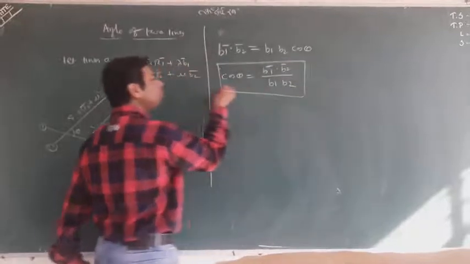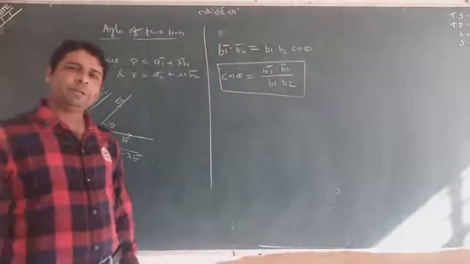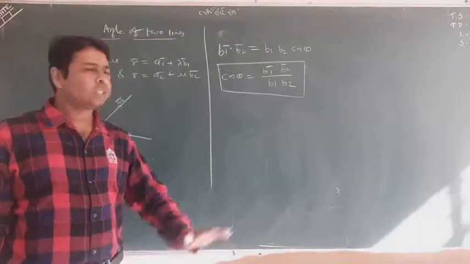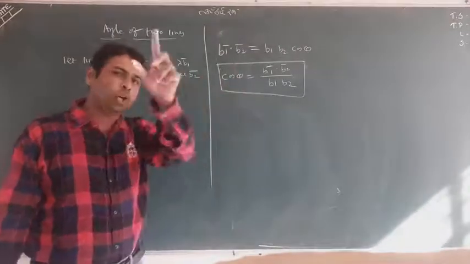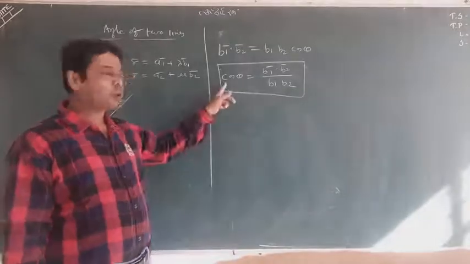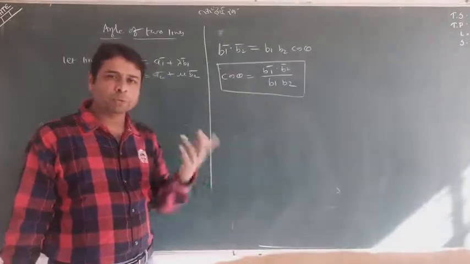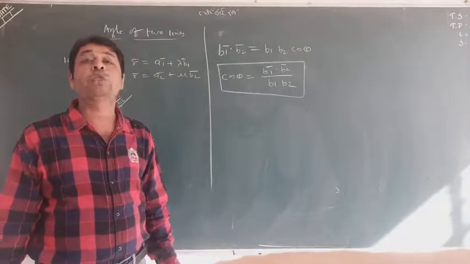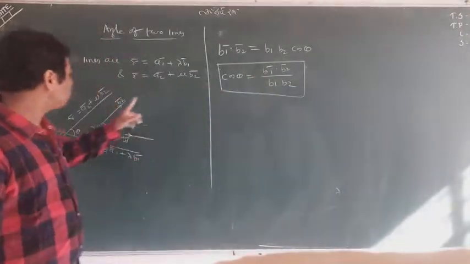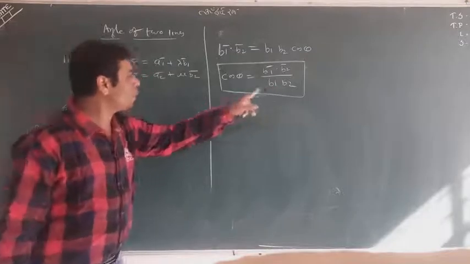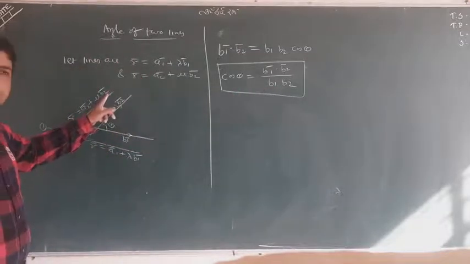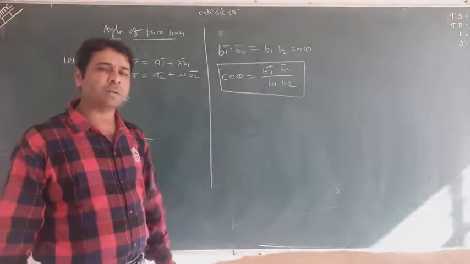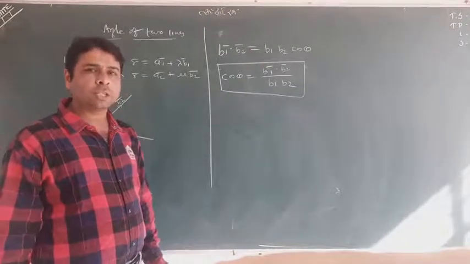It is none other than the angle between two lines. What a simple formula you have seen. Cos theta, already you have seen A dot B upon mod A mod B. This time cos theta is equal to B1 dot B2 upon mod B1 mod B2. So what is B1 here? B1 and B2 both are actually the ratio vectors. B1 you can get from the first line, B2 you can get from the second line, and it's simply in i, j, k. You just put it here and get your answer. Nothing to worry about. So I don't think it's a tough one.